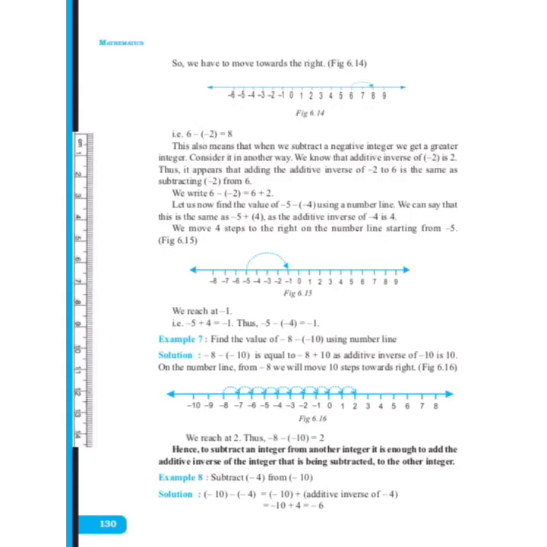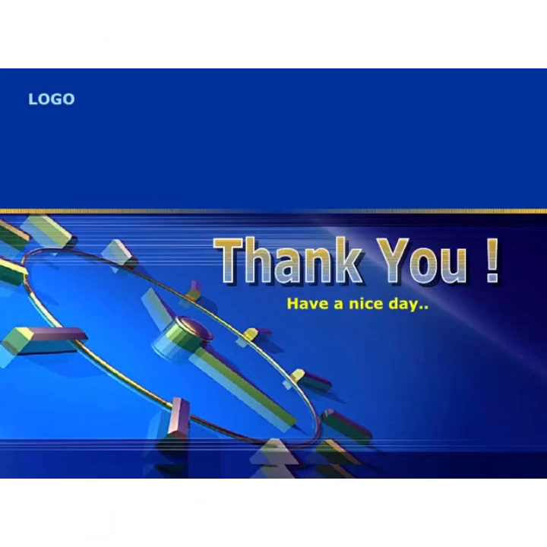Children, again here you can see that two minus signs are together. So minus minus will become plus and additive inverse of minus 4 is plus 4. So minus 10 plus 4, the answer is minus 6 because here 10, that means the negative integer is greater, so it will be subtracted but the final answer will be negative only. Children, if here positive integer would have been greater, then the final answer would be positive only.